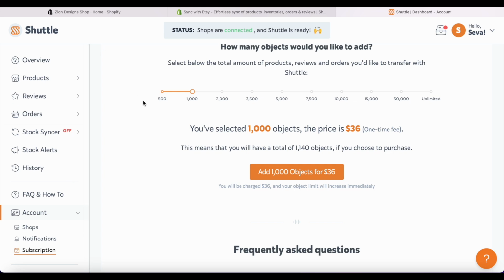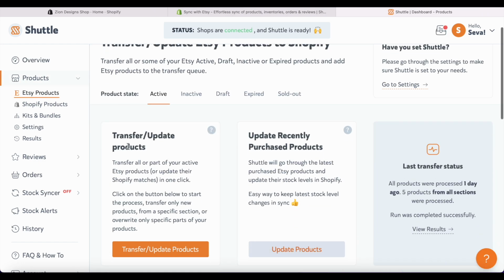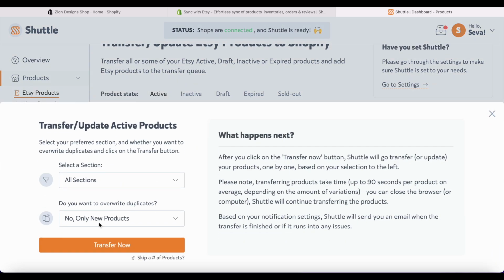Once you are on the Shuttle base plan and you've purchased your objects, we can go ahead and import our products. So in order to do that, click Products on the left-hand side and click on Etsy Products. Then you'll see this button here, Transfer and Update Products. And we have a couple of different options here. First one is under here, it will allow us just to import new products to our store. So for example, if we had already run a product import earlier, let's say last week, and we added some new products to Etsy, this option will just import those new products